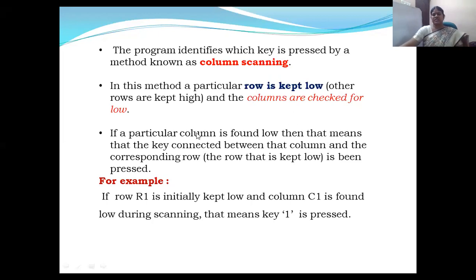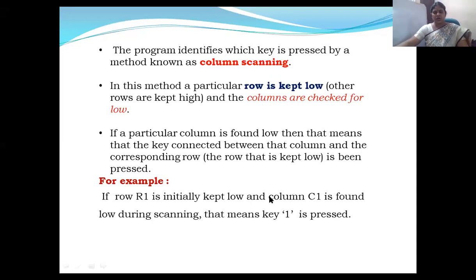This type is what you say as column scanning. Column scanning means you scan your columns one by one. What you're going to do here is keep your row constant. You take a particular row and you just check all your columns.